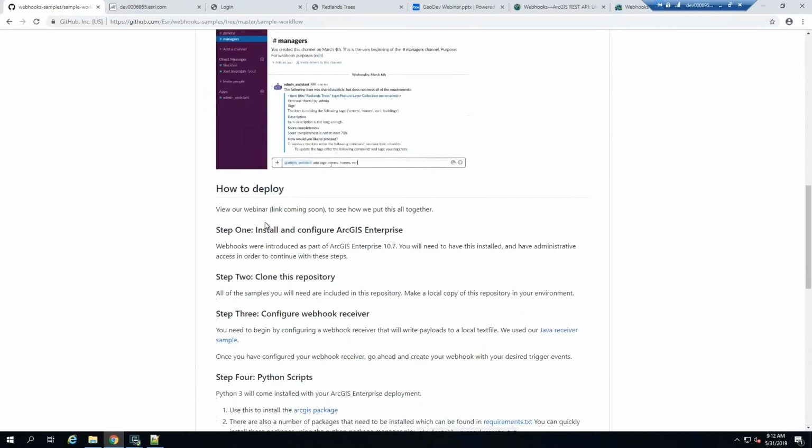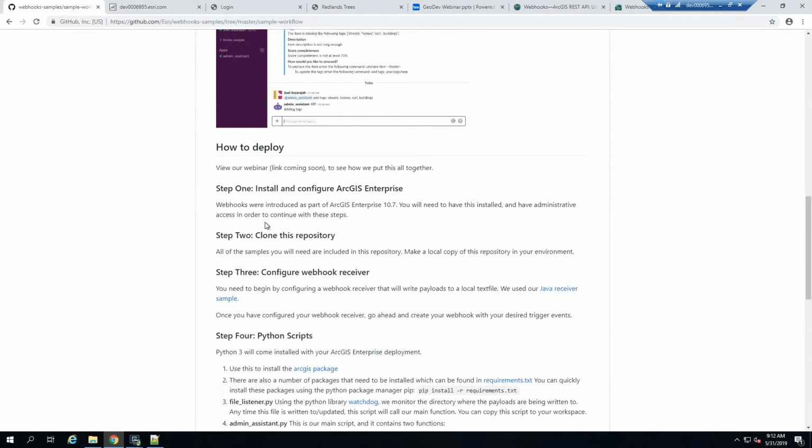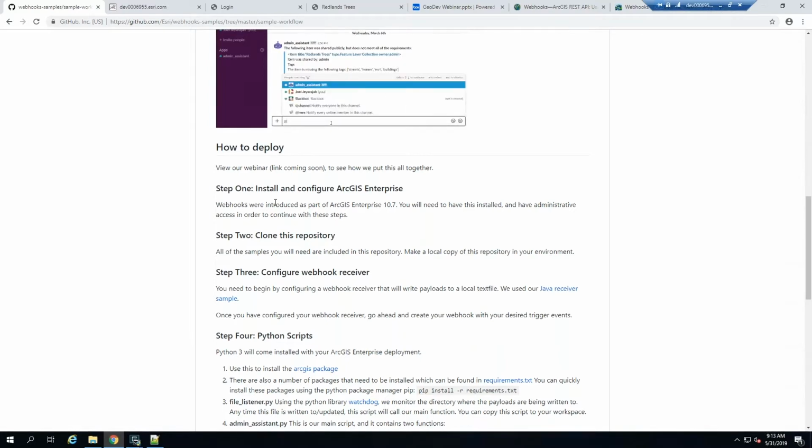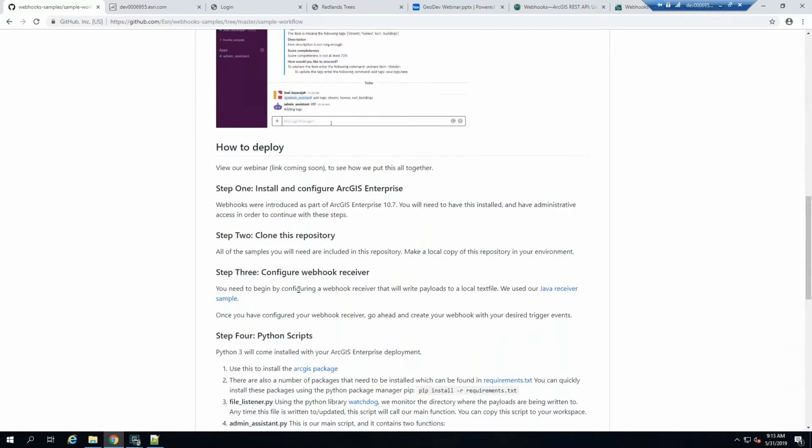Let's take a look at the steps you will have to follow in order to deploy this end-to-end solution. In step 1, you will need to install ArcGIS Enterprise and configure it. Since webhooks were introduced as part of ArcGIS Enterprise 10.7, you will need at least 10.7 or a later version. In step 2, we'll show you how to clone this repository with all the samples. And in step 3, we'll show you how to configure the webhook receiver so that it can listen to